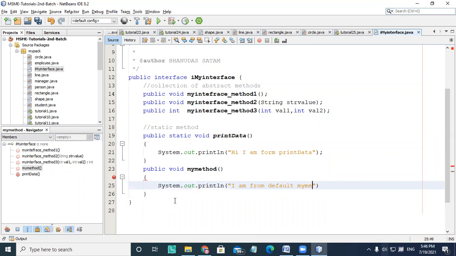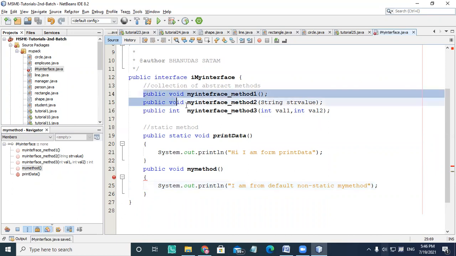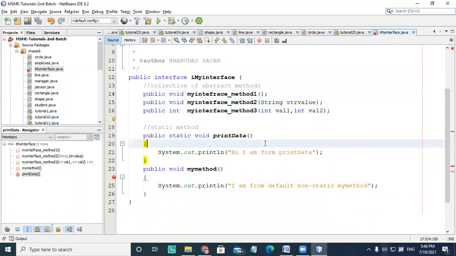Okay, it's non-static. So this is my interface I define, but most probably people are only defining the abstract methods.